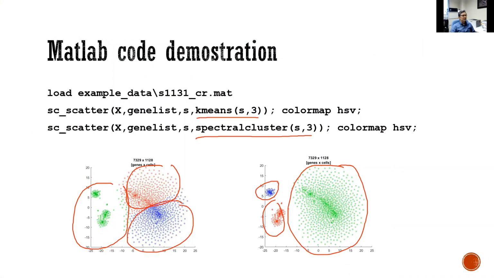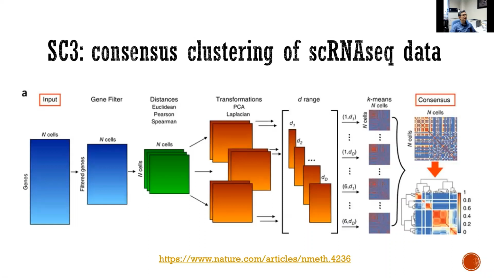Okay, at the end of this lecture, last slide, I'm going to show you one of the consensus clustering algorithms for clustering single-cell RNA-seq data. The software, the method, is called SC3. It's so far regarded as the most accurate method among single-cell RNA-seq clustering algorithms. It's not based on the tSNE or PCA or UMAP